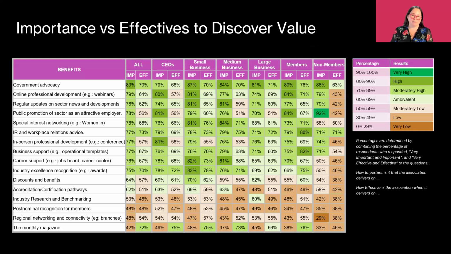Oh, okay. So I'm going to give you, this is a really quick one, but I think this is super useful to go through. When you're doing market research, and we do a lot of market research, we always ask two questions. How important is it that our association does the following? And how effective are we at it?